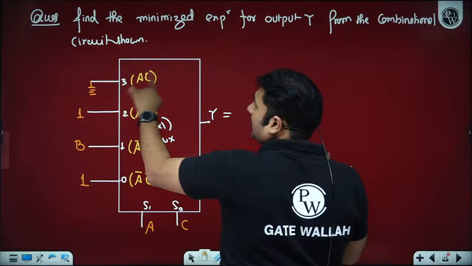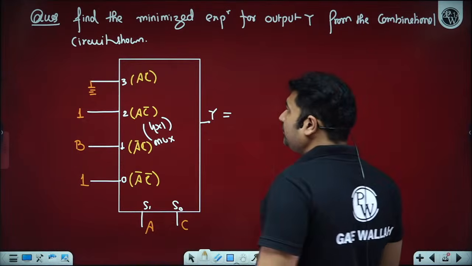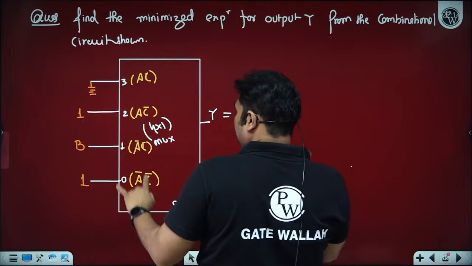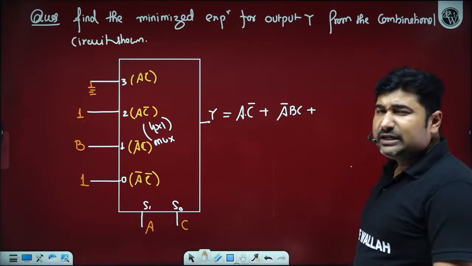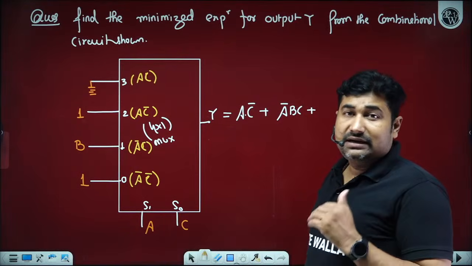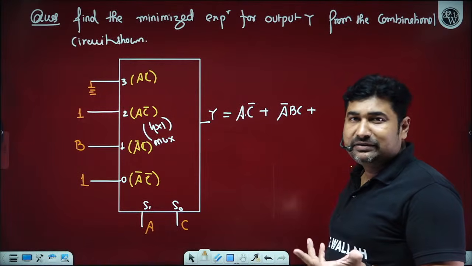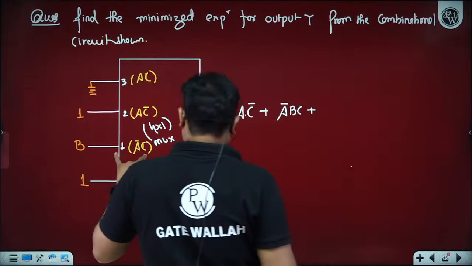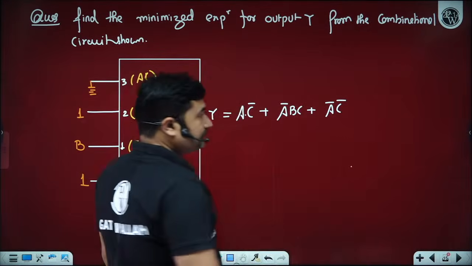0, because this ground means 0. This is the symbol of ground. The symbol of ground indicates logic level 0. 0 multiplied by AC is 0 only. 1 multiplied by AC bar is AC bar. Here we have A bar BC. Is it okay? Yes, sir. We need not worry about whether it is A bar CB or A bar BC, unless MSBs and LSBs are defined in terms of the variables. If they are not defined, then we treat A, B, C as a continuous series, A as the MSB and C as the LSB. Further, we have A bar C bar. How many of you are able to understand?